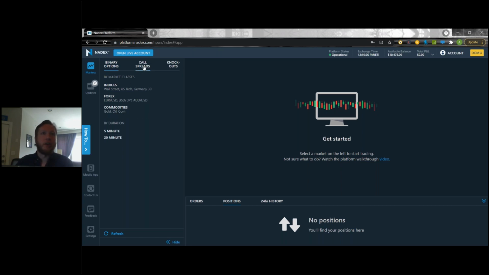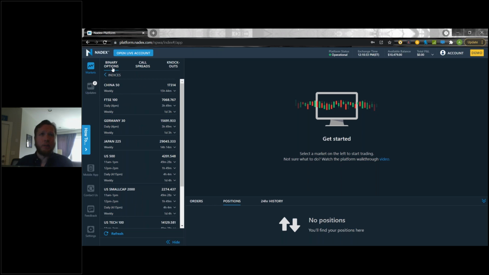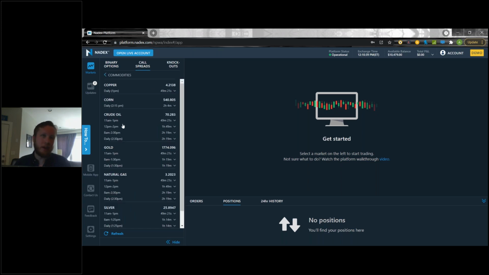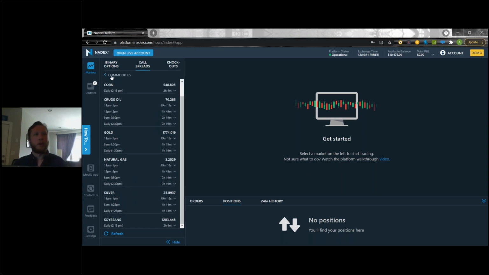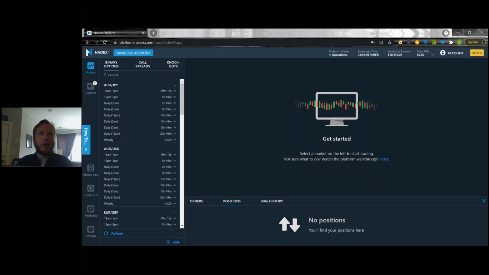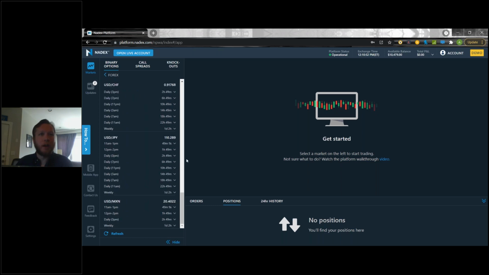And then underneath all of these, you can click into the different asset classes. So, if you trade indices, you can click in here, see all the binary option indices. If you want call spreads and commodities, you can click in there, see all the call spread commodities, right? Fairly simple, fairly straightforward. So we'll start off today doing a binary option on a Forex pair, and let's do dollar yen today. Why not, right?